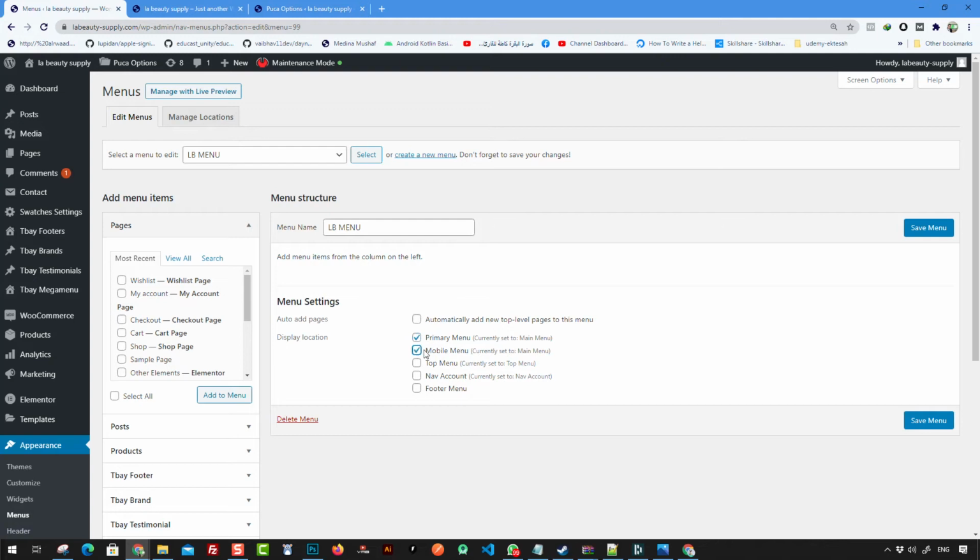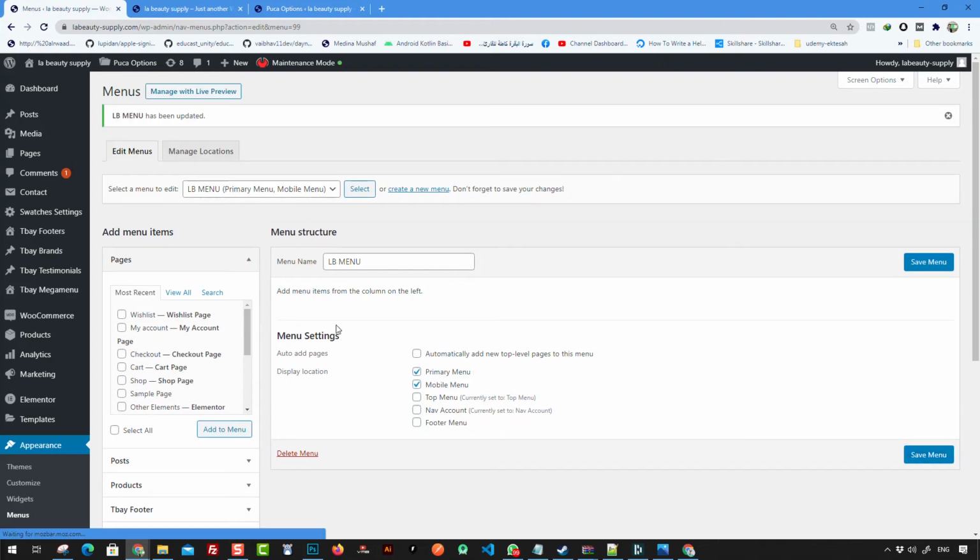So I'm just going to make it the primary menu and mobile menu, and just select save, and add items to this menu. Generally we have different items. So here we're going to choose the home page, which is home 8, the about us page, the cart page, the checkout page, the contact us page,